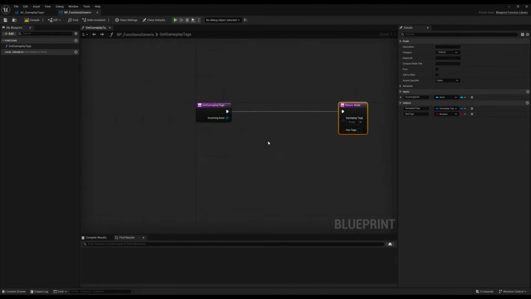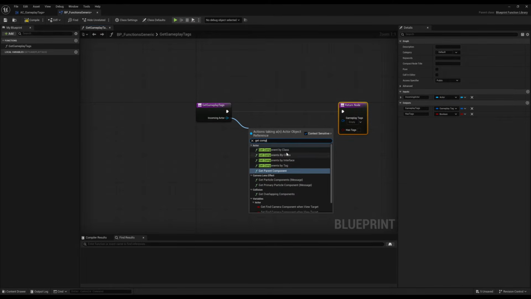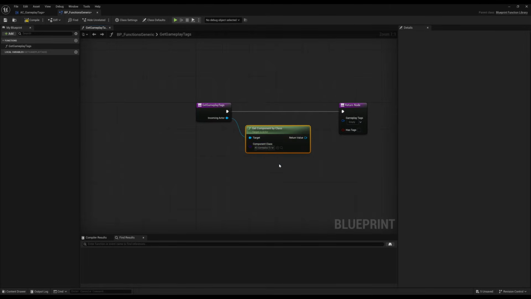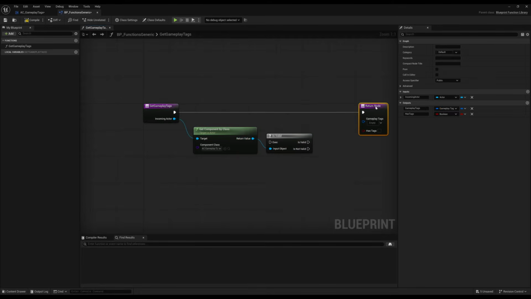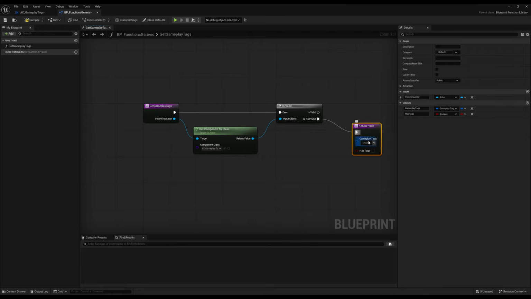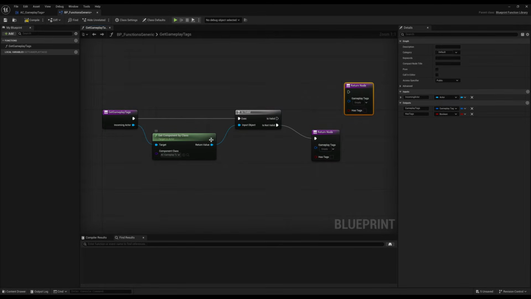Now this function is going to be quite simple. We're going to take the incoming actor and get that AC component that we had on it. So get component by class. The class is that AC Gameplay Tags component. And we're going to first check if it's valid. If it's not valid, we're going to just return immediately with empty tags, and we're going to say Has Tags is false. Then we can copy this node, and if it does have that component,